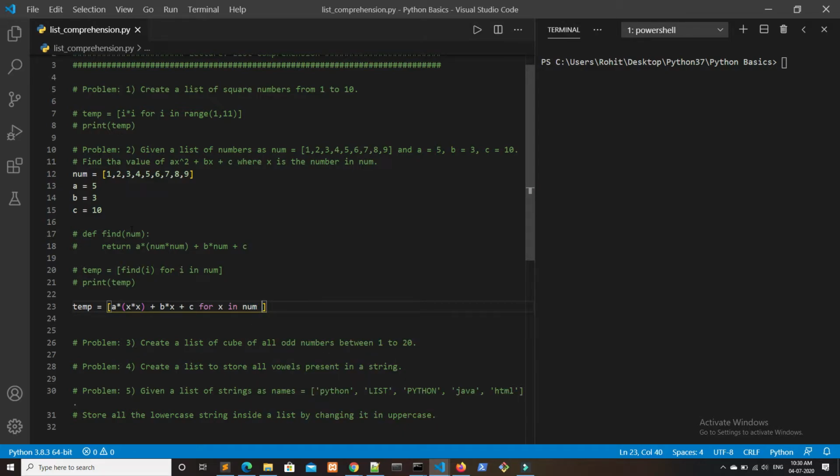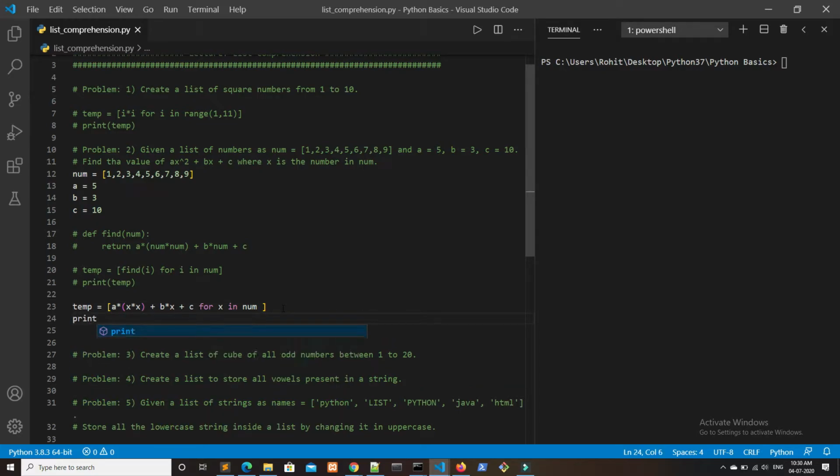This will pass this value x to the expression a x square plus b x plus c, and we'll find the value of this expression and store it in temp. So this is another way to solve this problem. To check it, I will be printing temp.